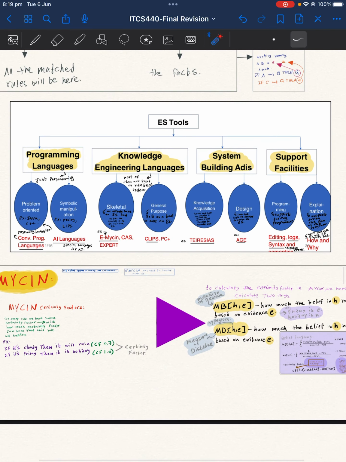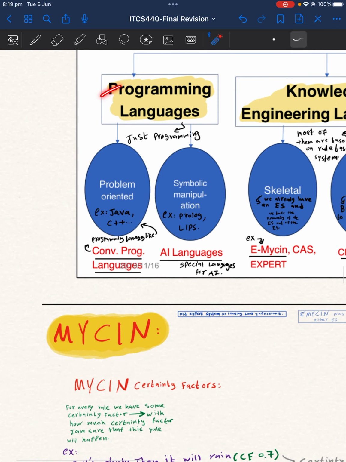So here we have expert system tools. We have programming languages, knowledge engineering languages, system building aids, and support facilities. We have programming languages, like just programming. For example, either program oriented like Java, general, like C++, or symbolic manipulation like Prolog, Lisp, what we use